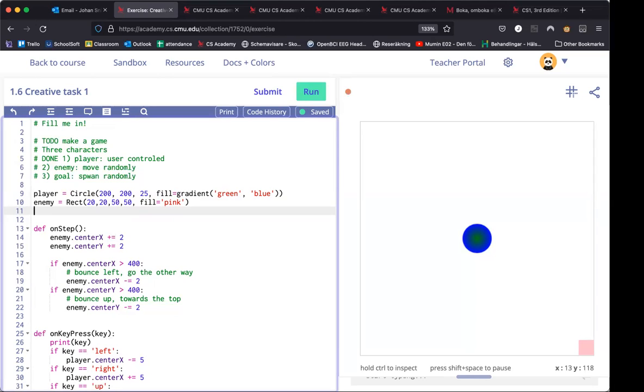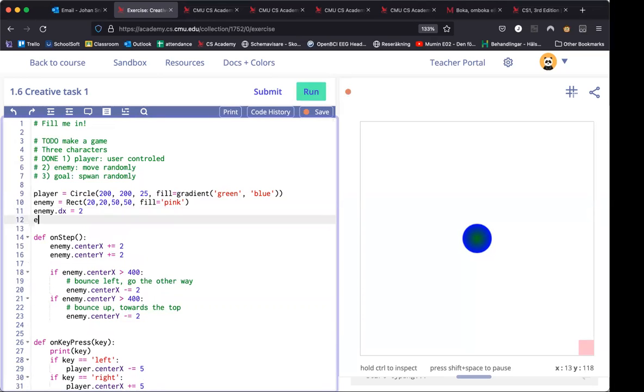So we're going to create some variables. Actually, we're going to create some properties as a part of this enemy. So here, for the enemy, I'm going to make a variable called dx, which is how much X is going to change. And here I'm going to make this be equal to 2. I'm going to make another property. It's not quite its own variable. It looks a little bit like a variable, but really it's a kind of variable that exists inside this enemy variable that we have. This is getting into something called object-oriented programming, and is not a super programming 1 or a first day